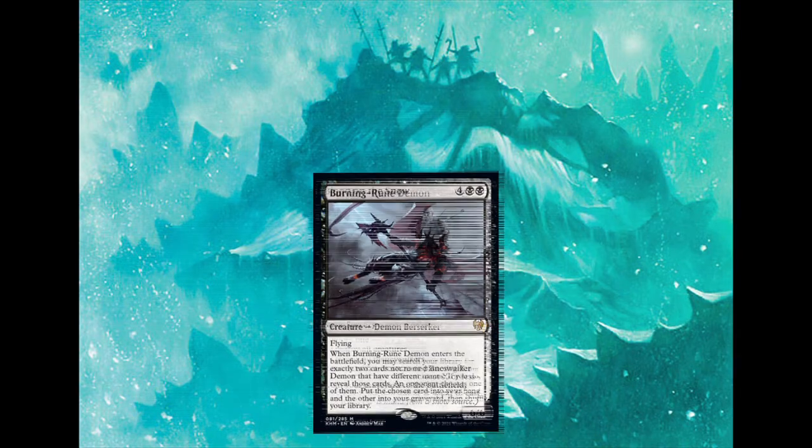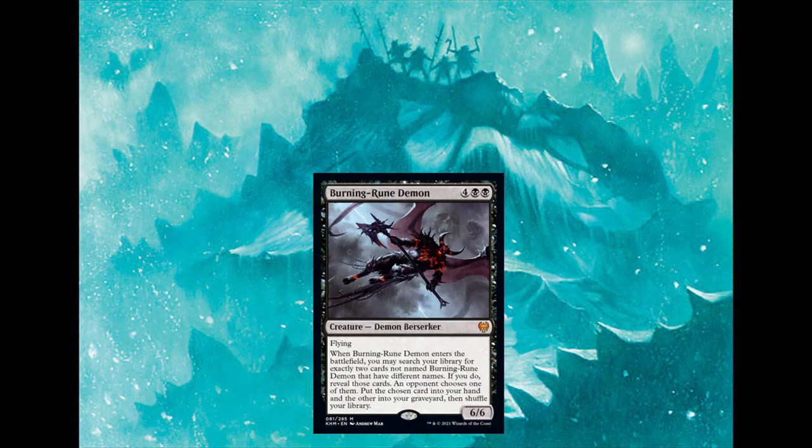effect. Next up, we have Burning Rune Demon, which is 4 black, for a creature Demon Berserker. It has flying, and it says when it enters the battlefield, you may search your library for exactly 2 cards not named Burning Rune Demon that have different names. If you do, reveal those cards. An opponent chooses one of them, put the chosen card into your hand and the other into your graveyard, then